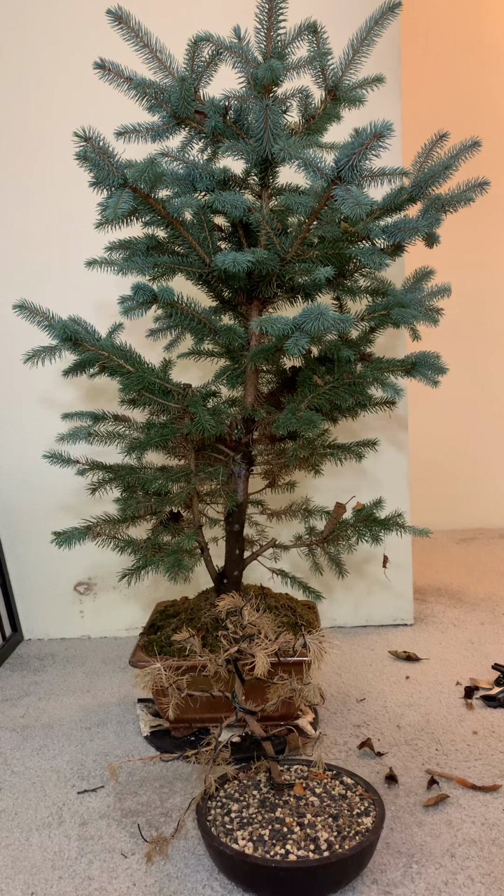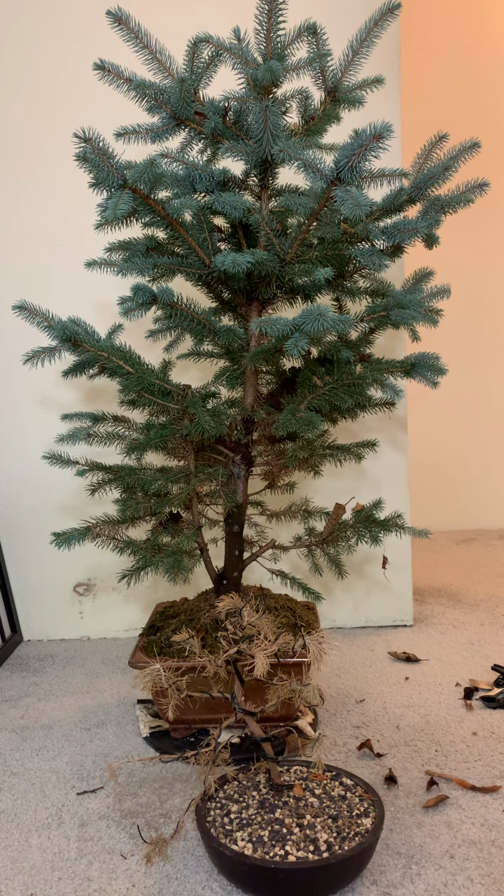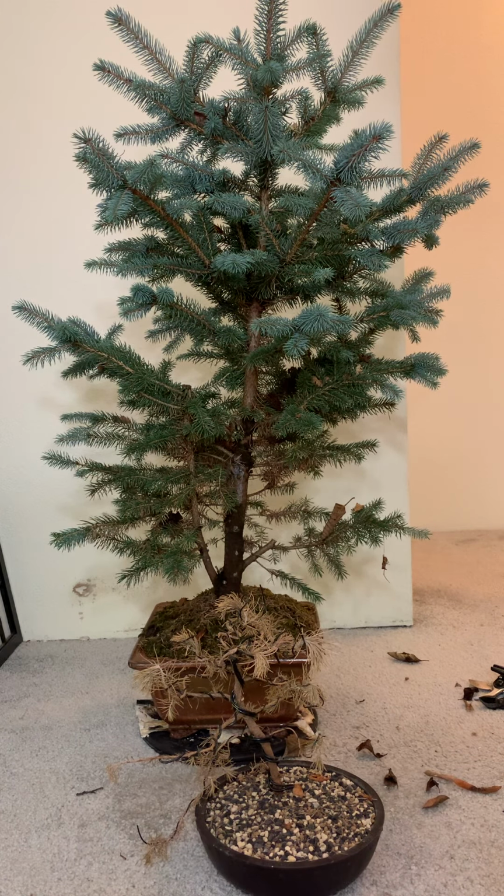So with this second Christmas tree, the Colorado Blue Spruce, I'm going to work on it. I repotted it early this spring, mid-April, and after 8 months, the tree has grown significantly. Now, if I push off working on it more, the other side of the question is that the tree wants to grow into a large tree, so it is apically dominant. The top of the tree will grow much more than the lower part of the tree,